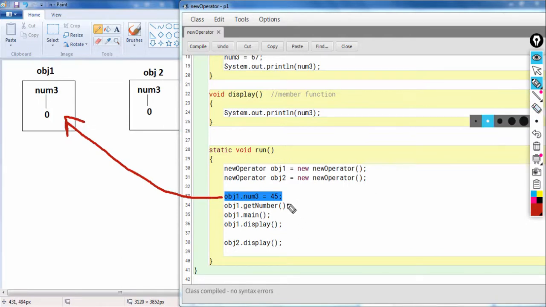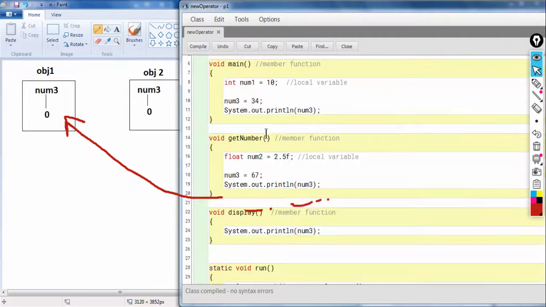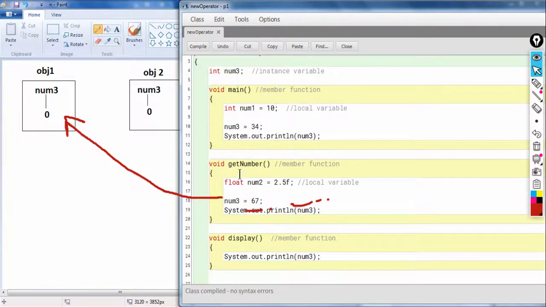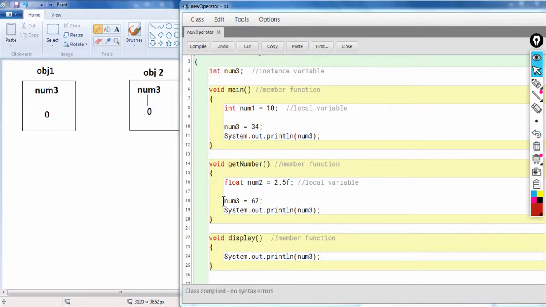Okay, so 45 gets stored, but see what happens in the next line. In the next line, get number function is called, and the get number function replaces 45 with 67. Okay, so the 45 which was here was replaced by 67. So when I do the printing of num3, 45 is not printed, 67 is printed.